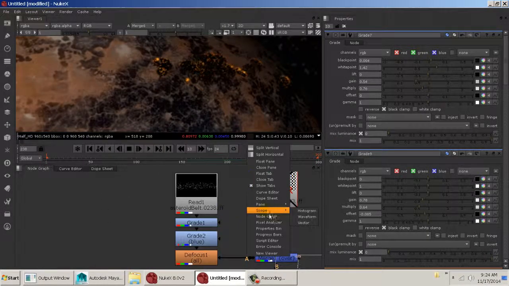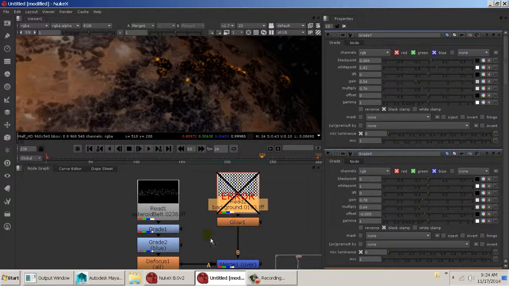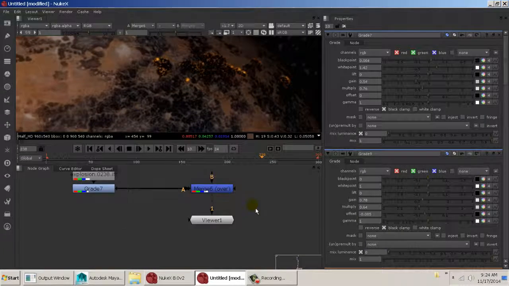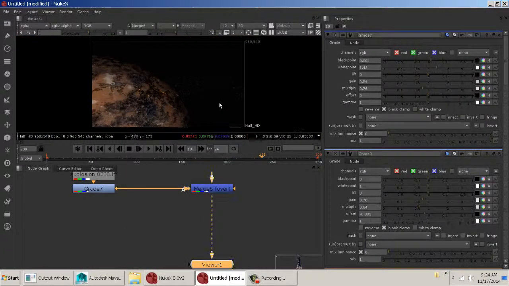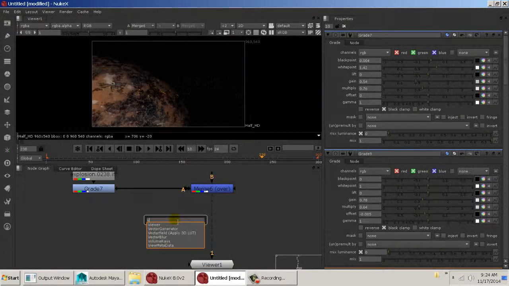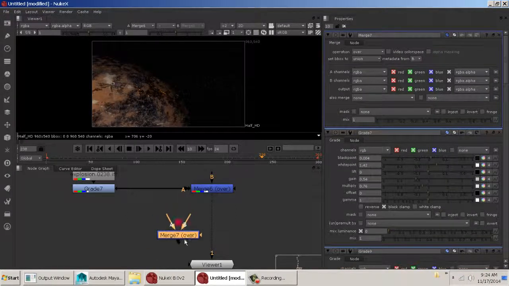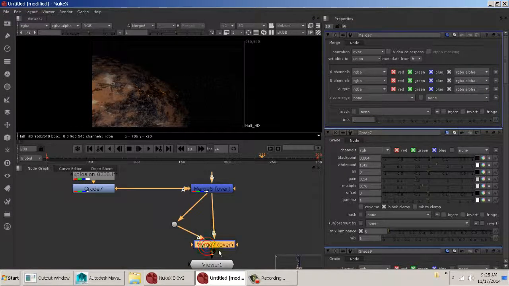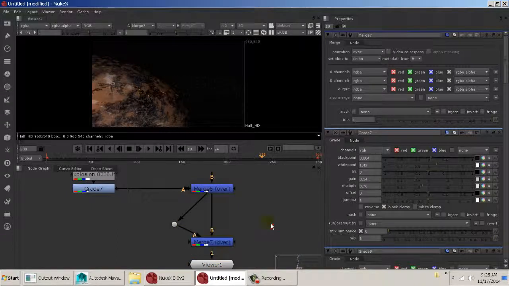I just need to go through and re-render this guy out so he's finished rendering. He just locked up, but I still want to get the lecture out. I can add my vignette. Add a merge, and this is going to be our B, and I'm going to add a dot node. That's a dot node, and that'll be our A also, and then as our mask we're going to add a